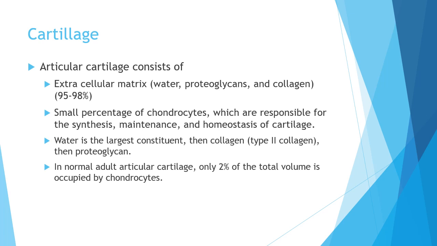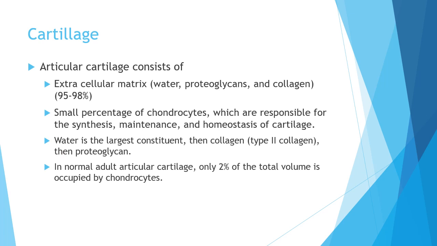Now, after talking about the histology of the bone, let's speak about the histology of the cartilage, which forms the articular cartilage. The articular cartilage consists of extracellular matrix and cells. The cells are only about 2%, so chondrocytes in the adult articular cartilage only represent about 2%. 98% of the articular cartilage is extracellular matrix, and in the extracellular matrix of the cartilage, water is the largest